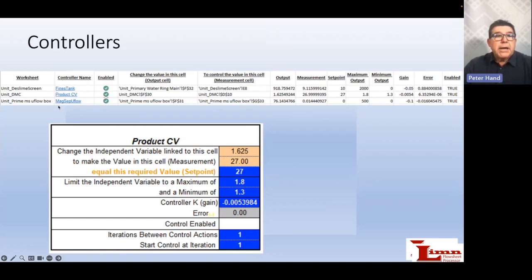I also have a magsep underflow, which I need to distribute correctly. And I also want to be able to calculate out to control my CB. So based on the feed data that I showed in the second slide, if, let's say, we want a 27 CV and my circuit is capable of between 1.3 and 1.8 density, I've asked it to change my density until I can get to the exact quality. In this case, it happens to be 1.625